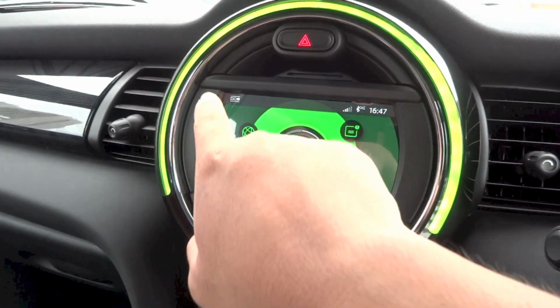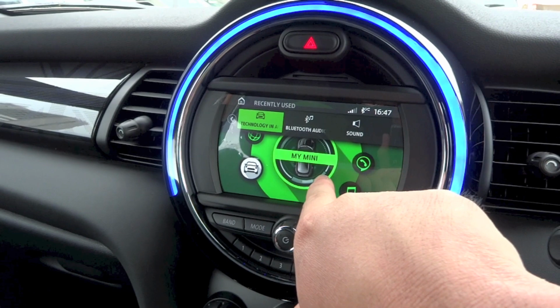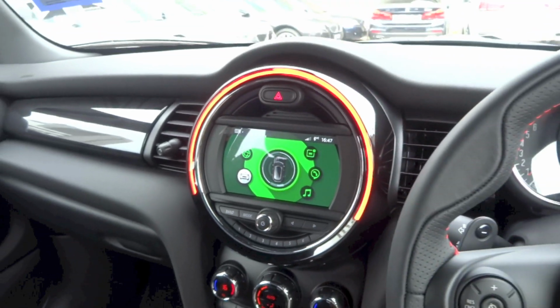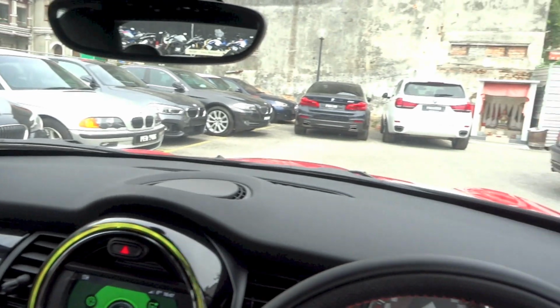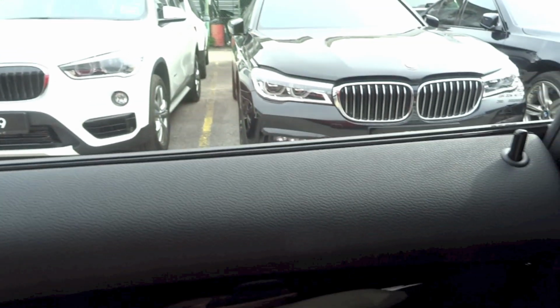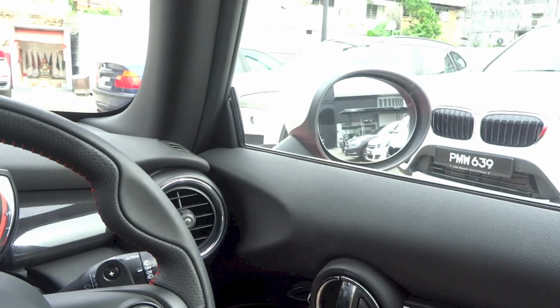Now once in the main menu, click the top left button and you can bring up your recently used menus. Central locking, as shown earlier, power folding side mirrors,